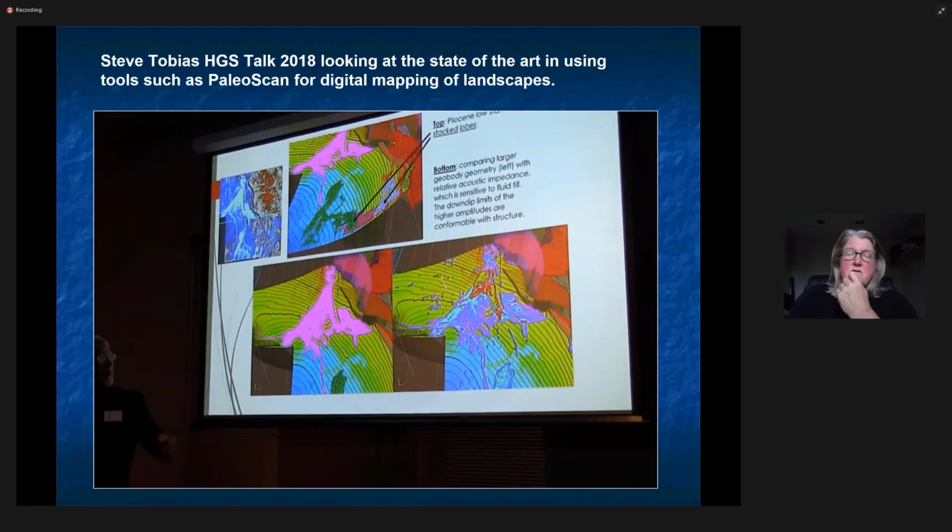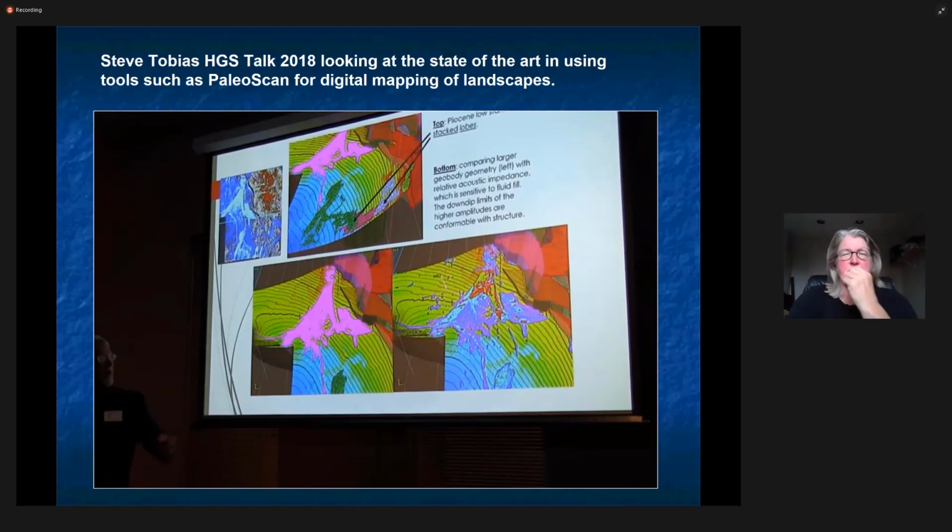And like I said, I was very skeptical back in 2010, 2012, when PaleoScan began to come out and people began to use it. We had been doing the same thing, mapping in amazing detail and slicing through data in 10 millisecond slices. But I was pleasantly surprised that PaleoScan seemed to be the real deal, and it does seem to do a really good job under guidance of digital mapping.